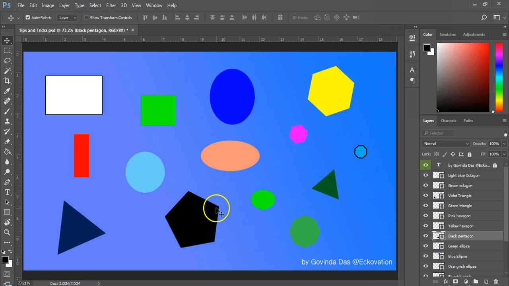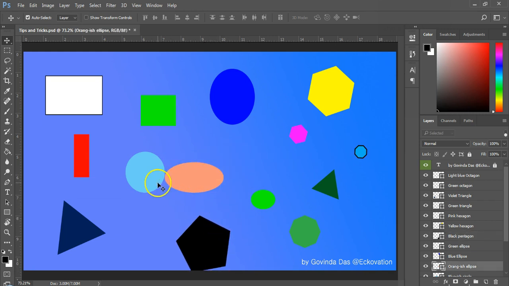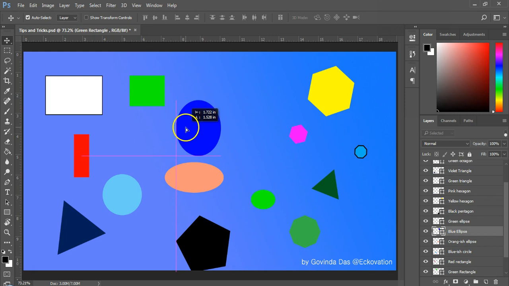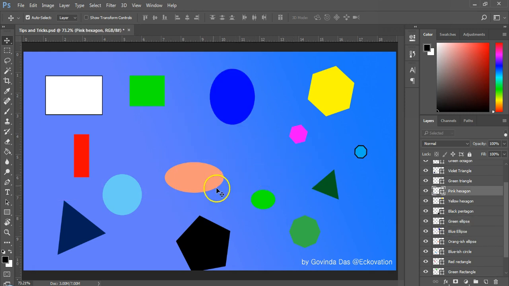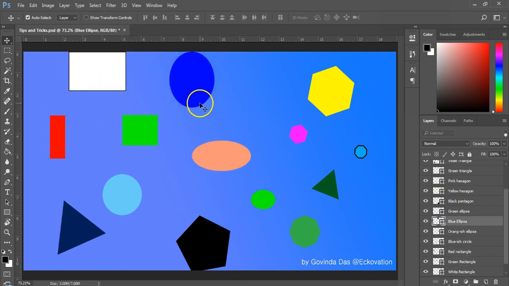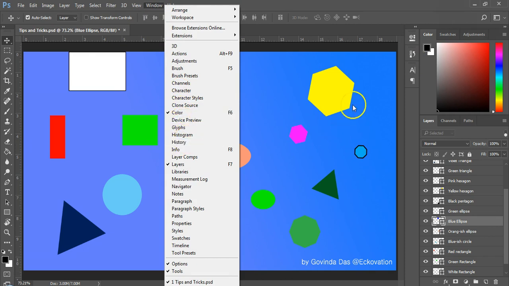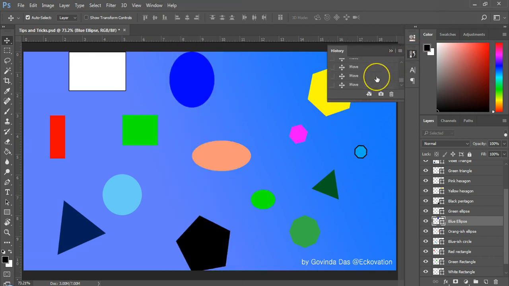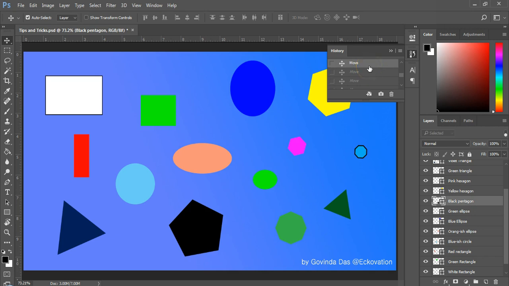This will keep undoing your actions up to the action that is stored in the history panel. Let me do some random movements with the layers, and then I will show you the history panel to undo a lot of actions at once. This is the history panel. If it is not there, use the window menu and find history. Now scroll up to your desired action here. Then click and ta-da!